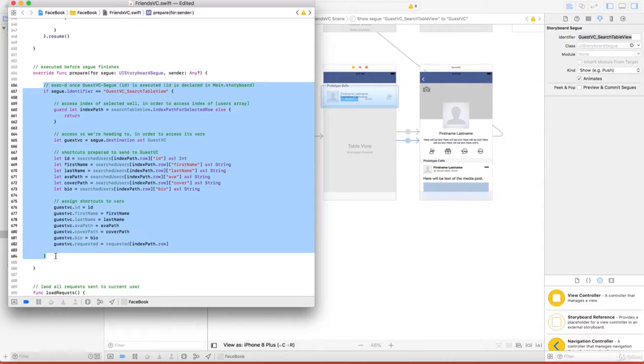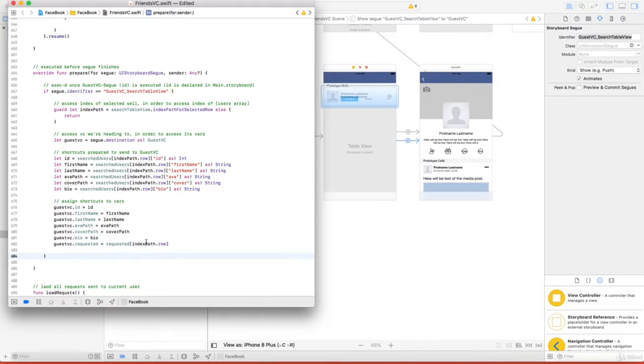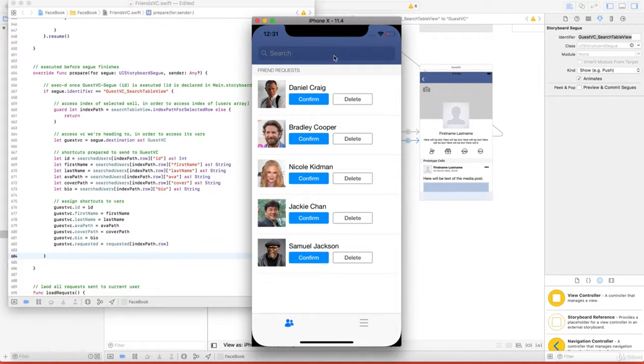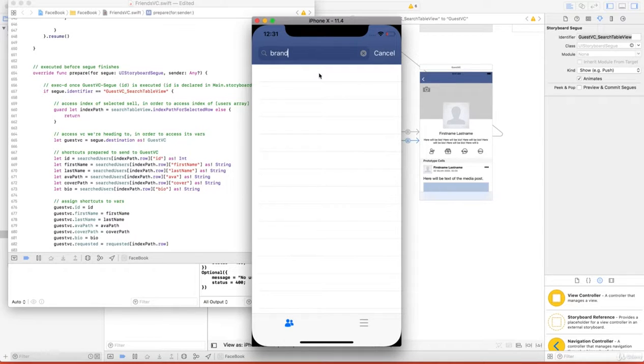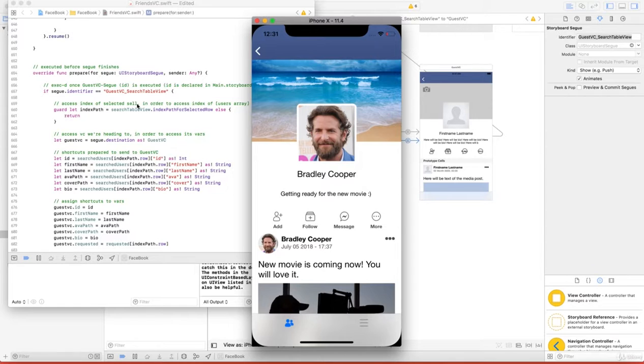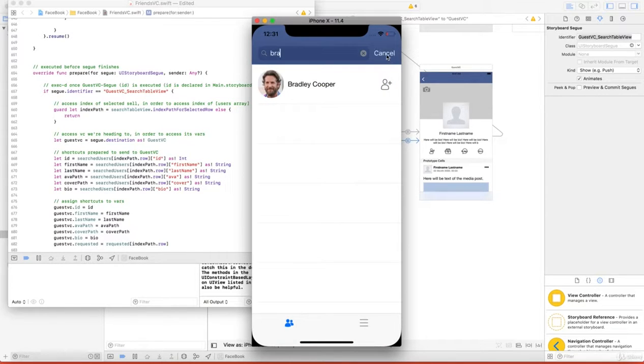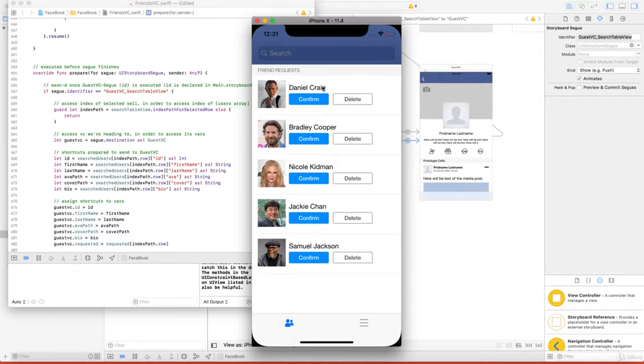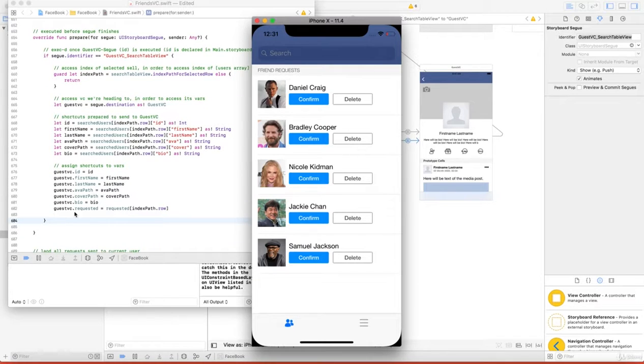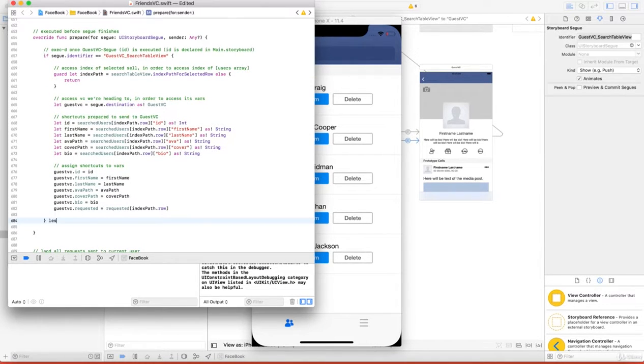So this scenario will be purely for the search table view, whenever we click on the search result. For example, when we search for Bradley and click on this, then that is going to be executed. But when we cancel the search and click here, let's say Daniel Craig, then the other one will be executed. And the next one, which we are writing here, else if